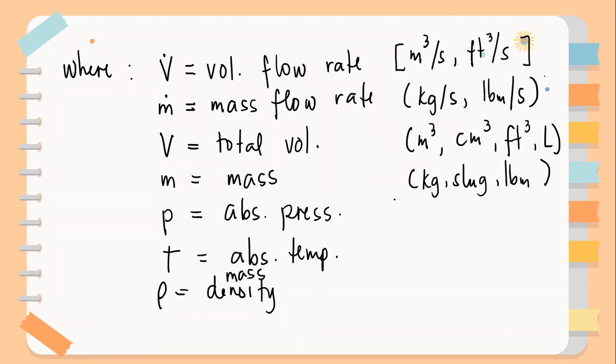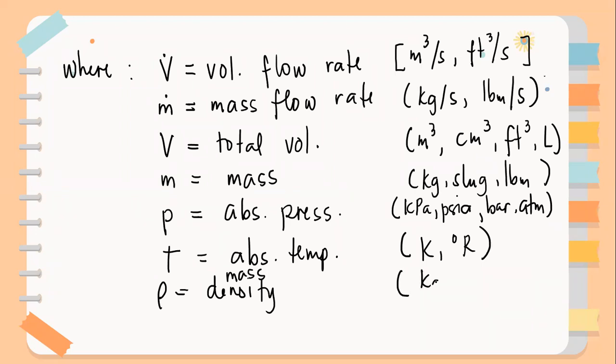Then for the absolute pressure, kilopascal, PSI, pounds per square inch absolute, bar, atmosphere. And also torr. Torr is also a unit of pressure. Then we have the temperature, Kelvin, degree Rankine. For the density, we have kilogram per cubic meter, pound mass per cubic